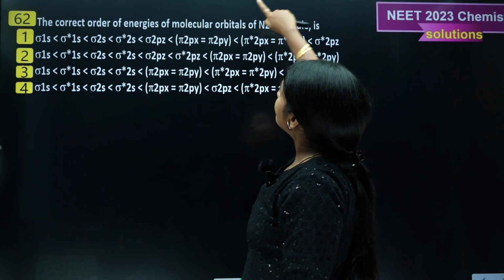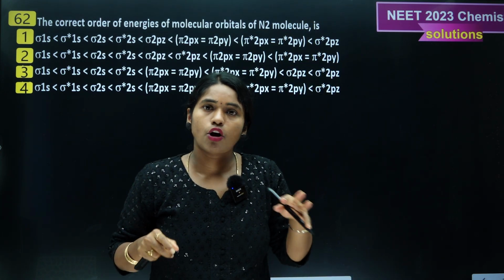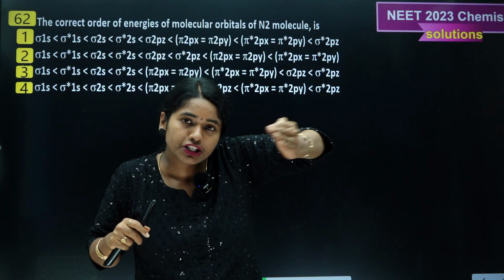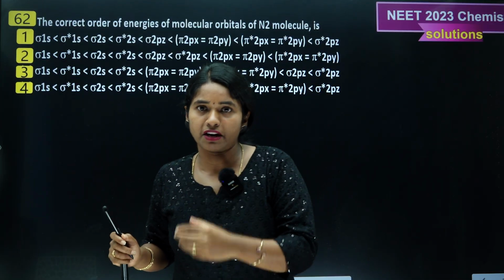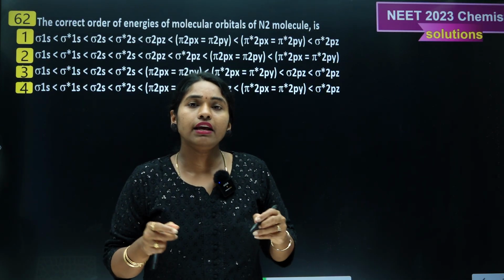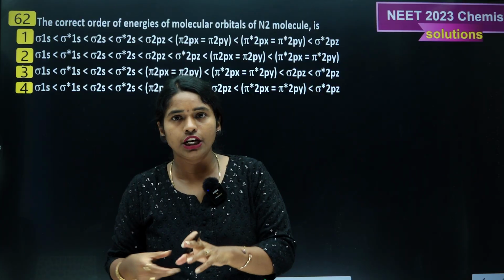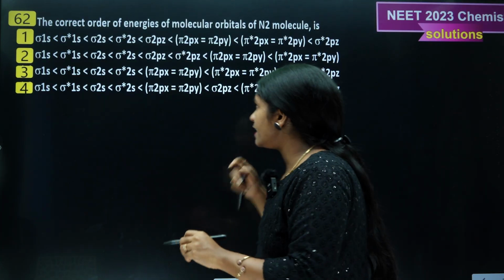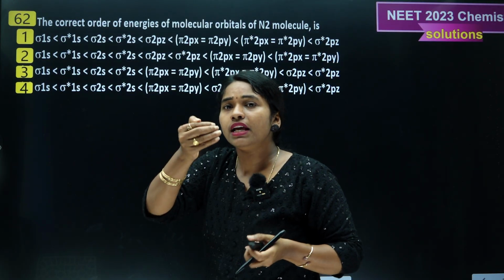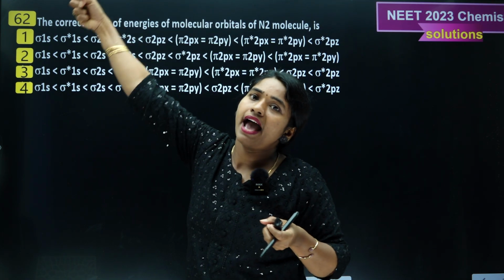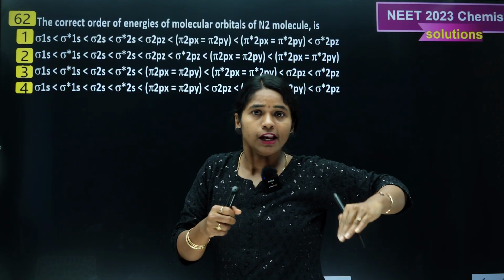The correct order of energies of molecular orbitals of N2. In MOT, while drawing the MOT diagram, up to 14 electrons we draw in one pattern. After 14 electrons we draw in another pattern according to the spectroscopic order. We follow this up to N2. SP mixing takes place in carbon, nitrogen and others. Whenever SP mixing takes place, what happens? The s orbital mixes with the p orbital, so that the pz orbital will have higher energy, it goes to a higher energy level. And the 2s orbital will be at a lower energy level.